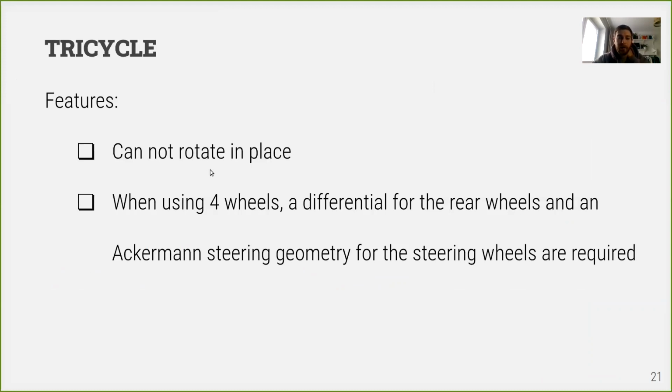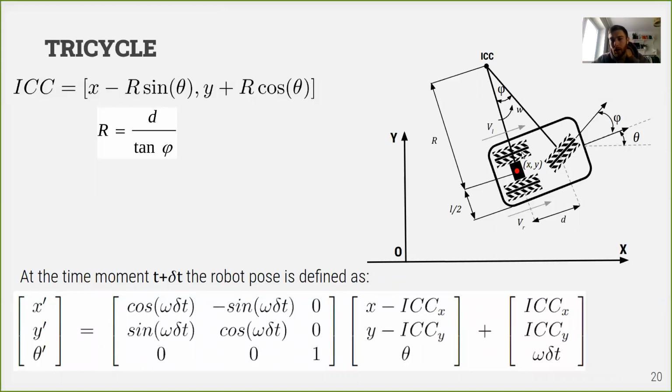And actually now we have to think about such a complex concept as Ackermann steering geometry, because now our wheels have to rotate with different speeds, and just imagine these two wheels will be connected, which means they're rotating with the same speed. In this case, by rotating, we will have one wheel rotate faster than another,